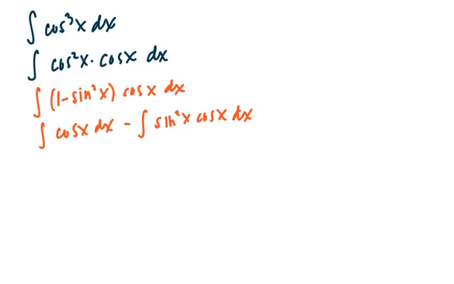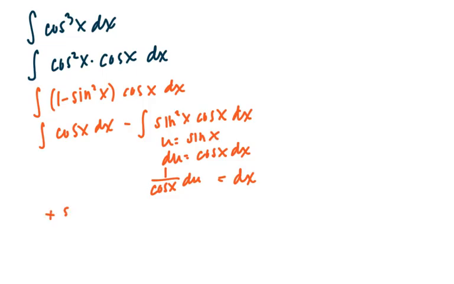So we're going to let u equal sine x because we have sine squared. Hopefully you see that composite function. And du is cosine x dx, since the derivative of sine is cosine. So dx equals 1 over cosine x du. So the integration of cosine of x, we're going to start on the left. The integration of cosine is positive sine x